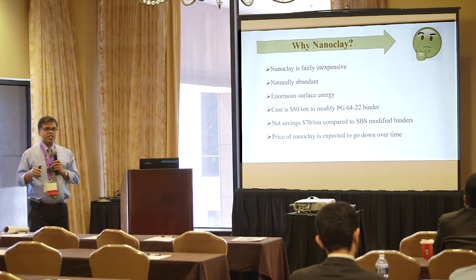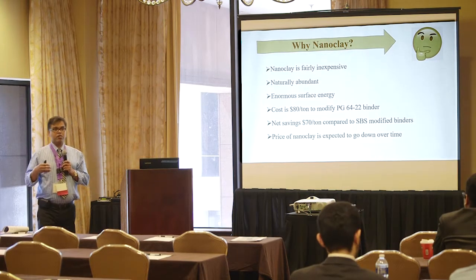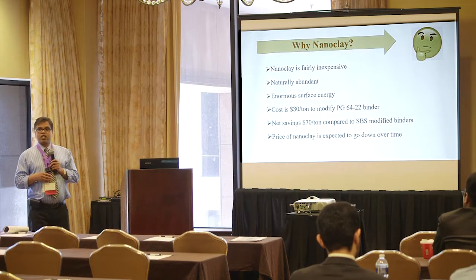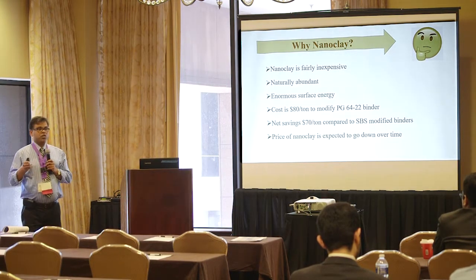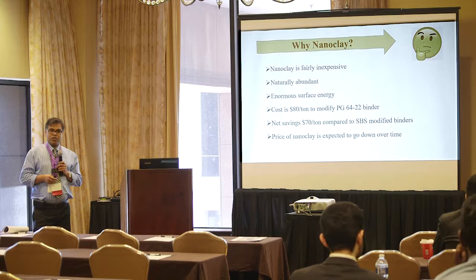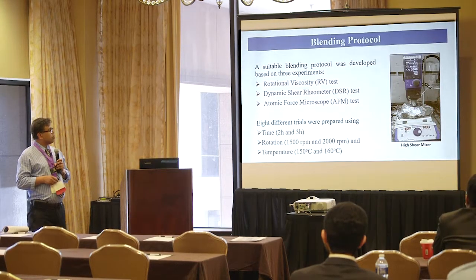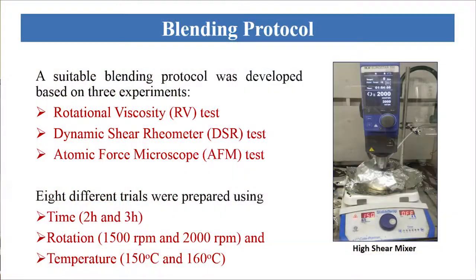And the other thing is SBS or SBR, where do they come from? They come from the refining process, from the refinery as well. Those are expensive materials, and they come from nature. It is not abundant, but nanoclays could be an alternative material. From here, I am going to turn it over to my student colleague, Tariq Morshed, to talk about the rest of the project.